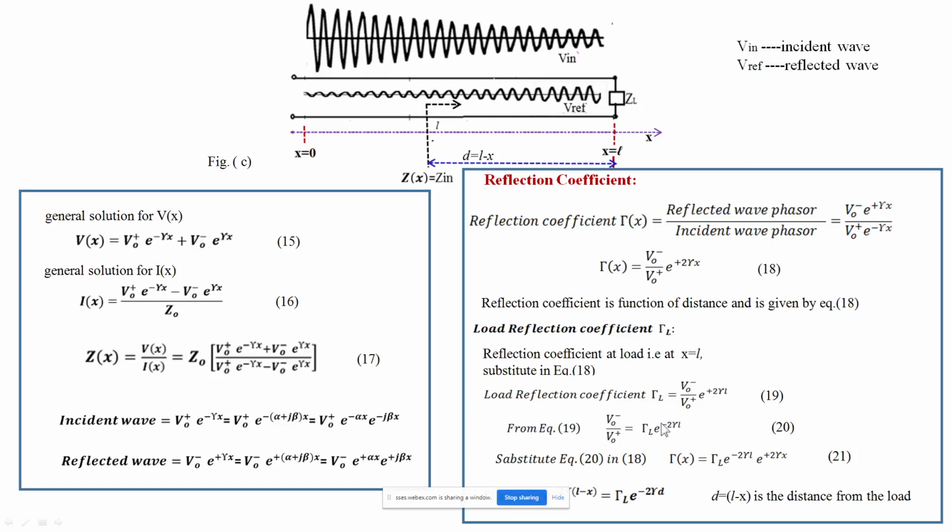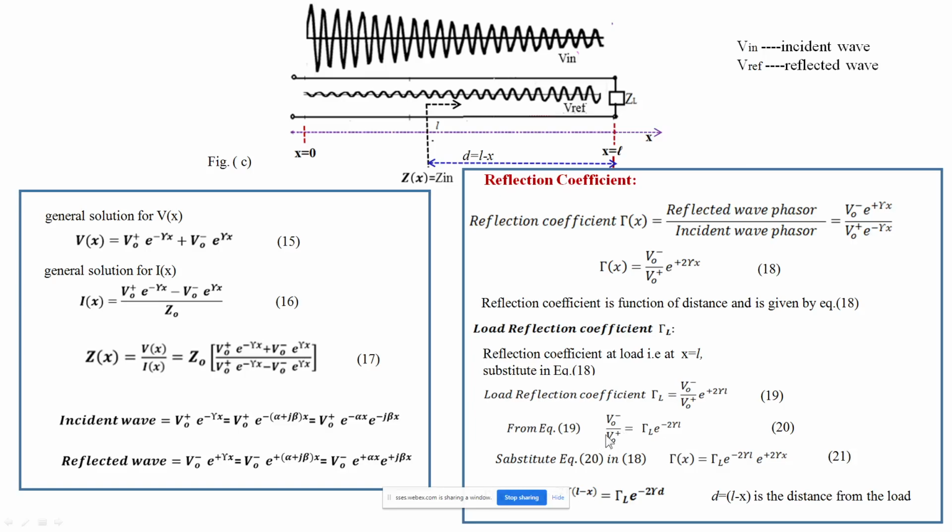Okay, that ratio we obtained in terms of load reflection coefficient, that is e to the power minus 2 gamma L. You take this to the left hand side, right hand side, we will be having 2L e to the power minus 2 gamma L. So V naught minus divided by V naught plus is equal to this. This ratio is now in terms of load reflection coefficient and the distance of the load, where the load is. See this, tau L, e to the power minus 2 gamma L. I will see that next.